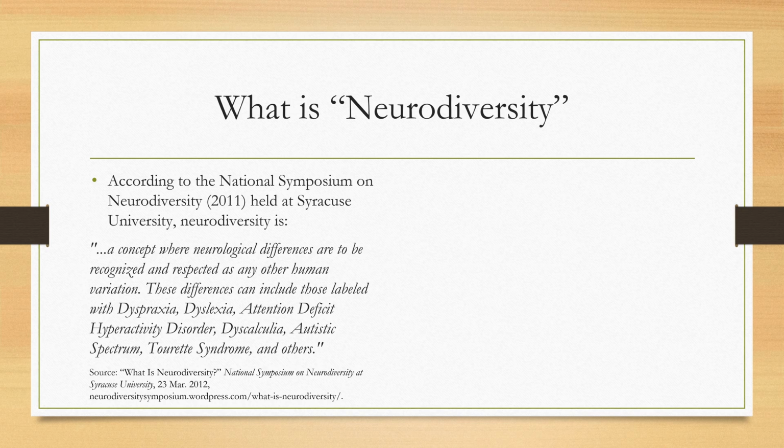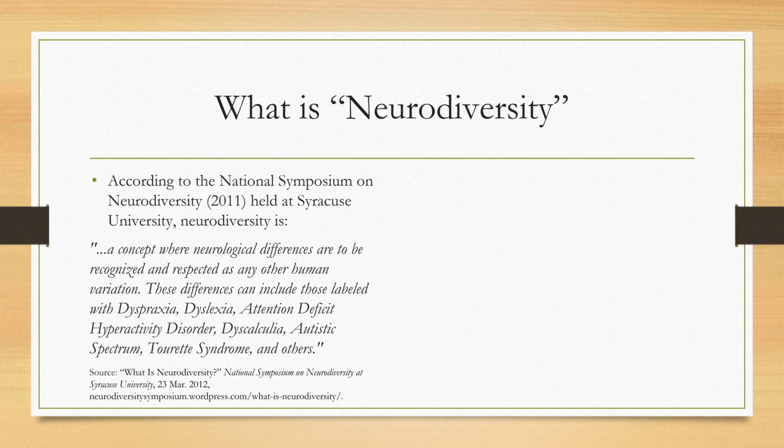What is neurodiversity? According to the National Symposium on Neurodiversity in 2011, held at Syracuse University, neurodiversity is a concept where neurological differences are to be recognized and respected as any other human variation. These differences can include those labeled with dyspraxia, dyslexia, attention deficit hyperactivity disorder, dyscalculia, autistic spectrum, Tourette syndrome, and others. So I will discuss